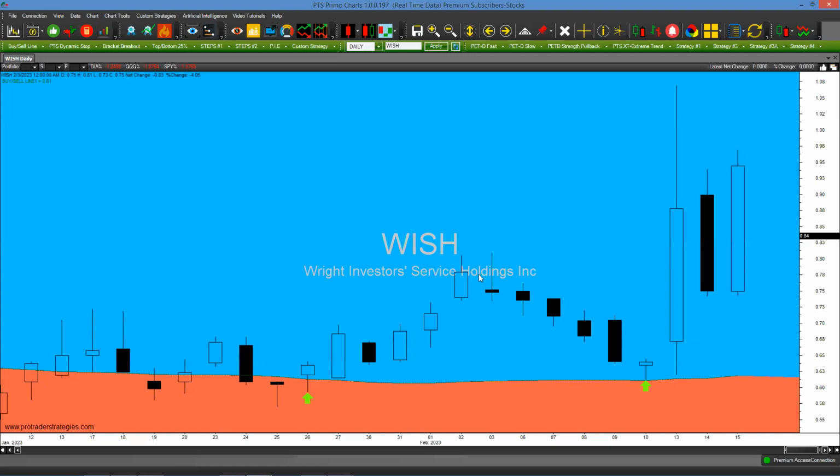And it went up a little, pulled back again, but all the time it was selling off, it wasn't telling you that it's in a downtrend. It's still in the blue buy zone. So another signal was generated right here, roughly about 64, 65 cents again, before it actually took off and nearly doubled in price, okay? Now, this is if you're looking at the stock on a daily time frame,